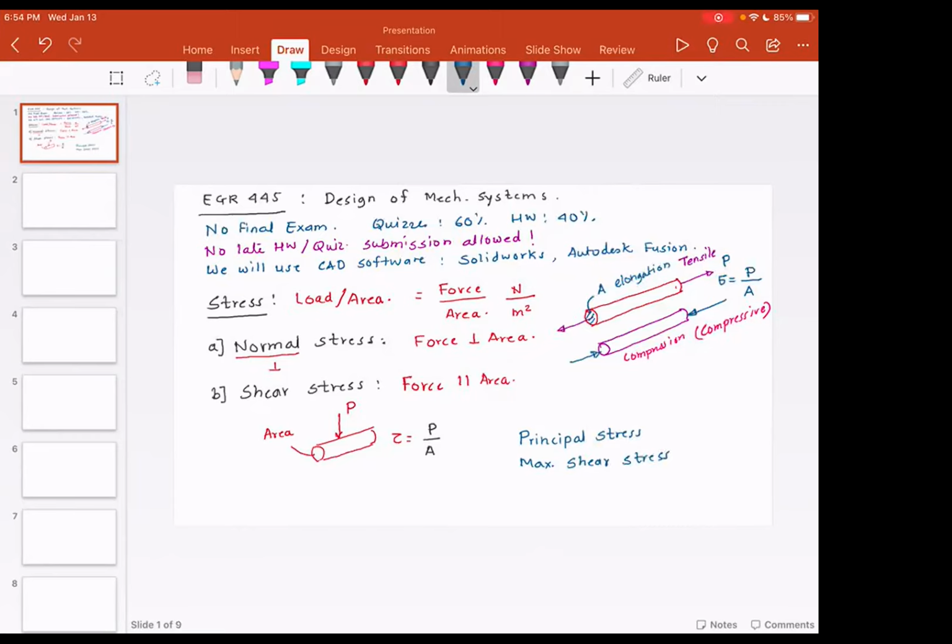Now, these two stresses come in the picture when normal and shear stresses are acting simultaneously. So think about it, loosely speaking, that when you have normal stress, it is perpendicular to the area. If you have the shear stress, that is parallel to the area, and these two stresses give rise to some resultant